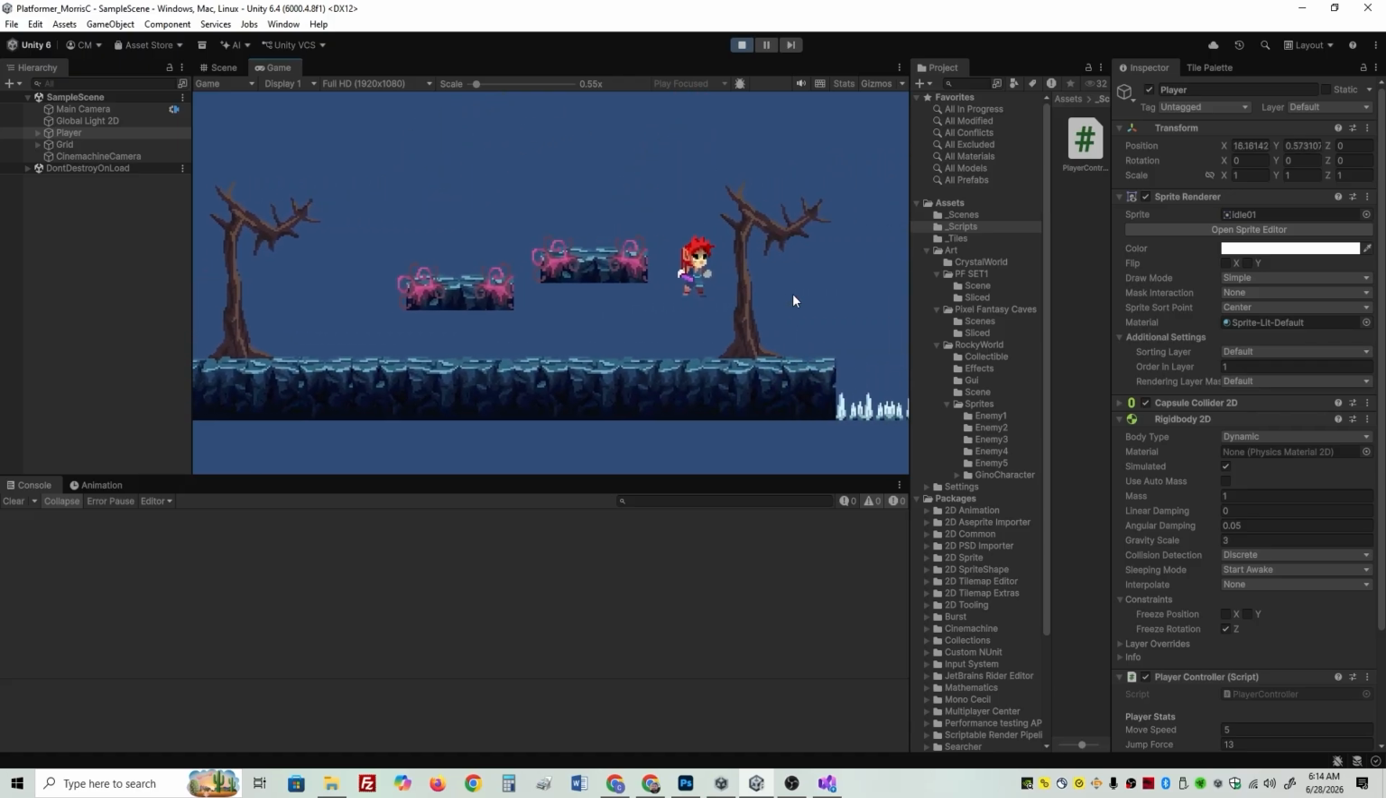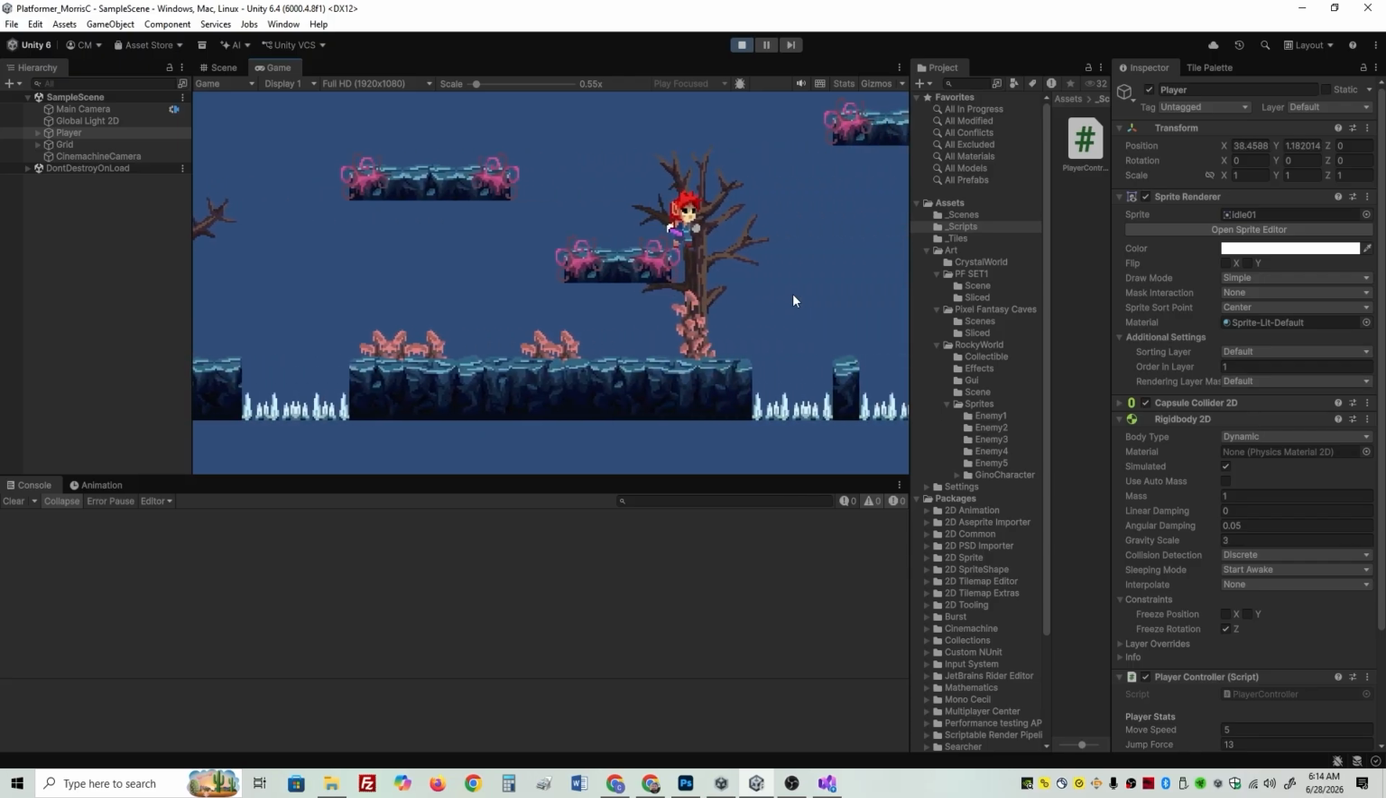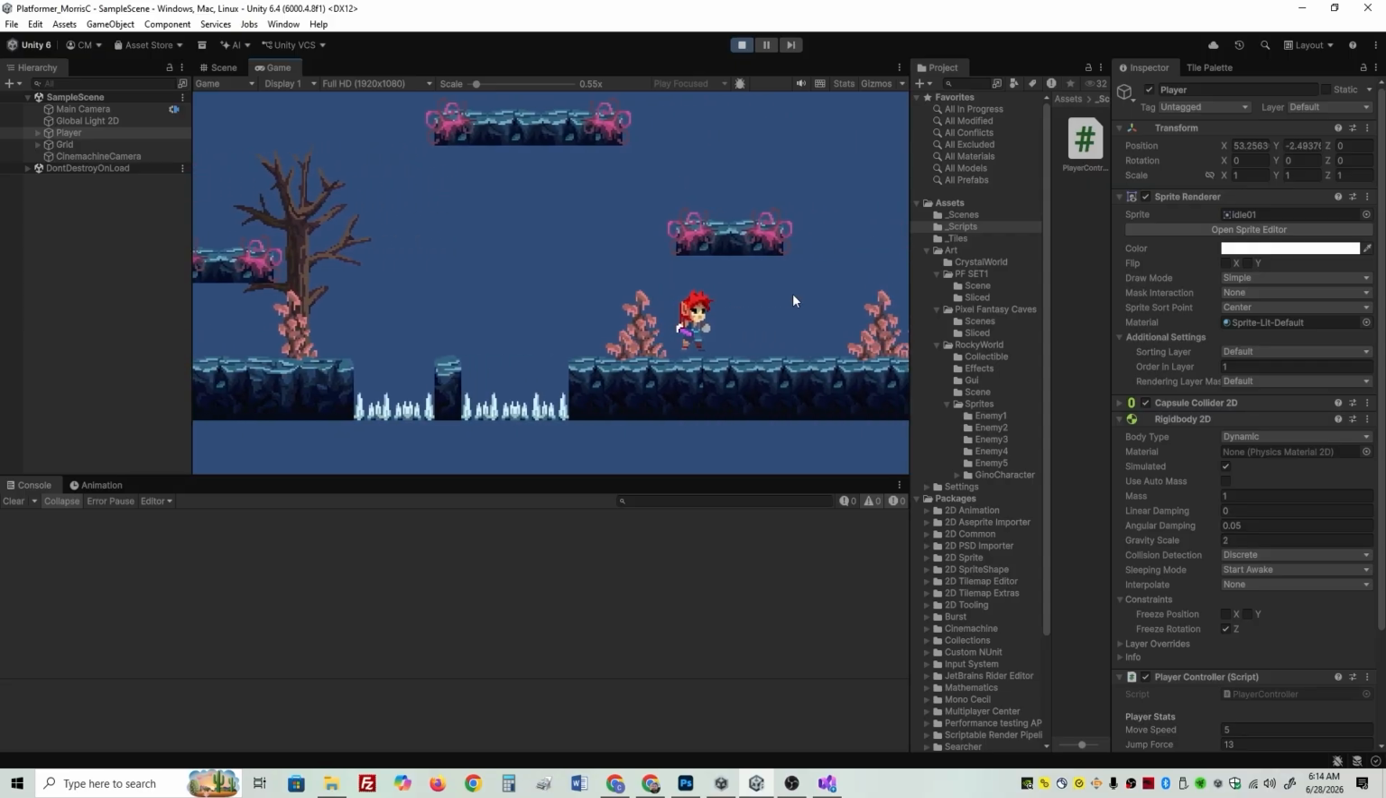13 looks like it's pretty good too. Can he make it across all the jumps? If he can jump on that one, he can jump on the top one. And so